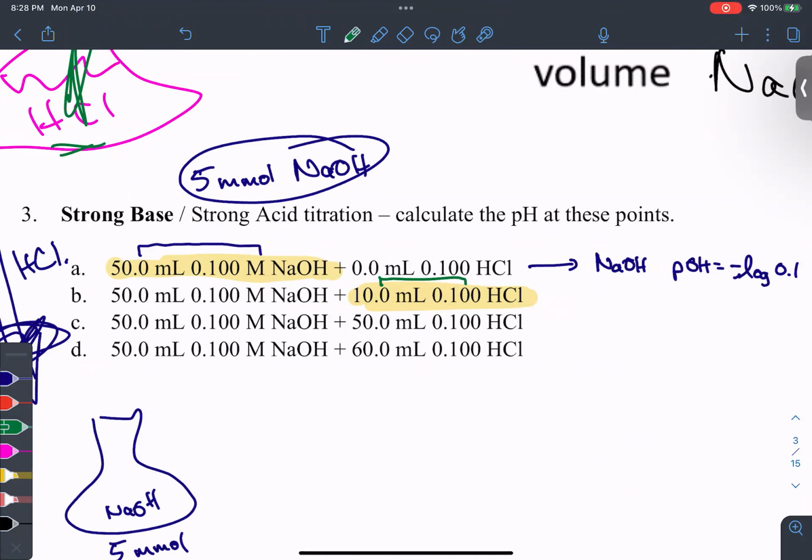You can just recognize that 5 millimoles of base is reacting with how many millimoles of acid? 10 milliliters times 0.1 molarity. Oh, these don't have M's on them, sorry. 1 millimole of HCl. So if these two things react, 5 millimoles of NaOH and 1 millimole of HCl,